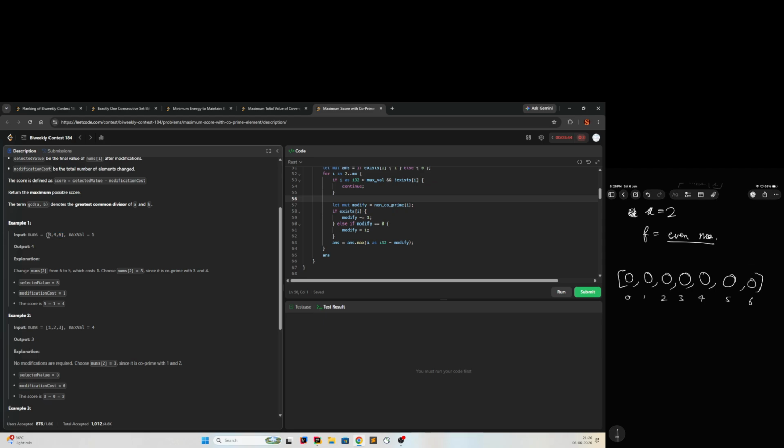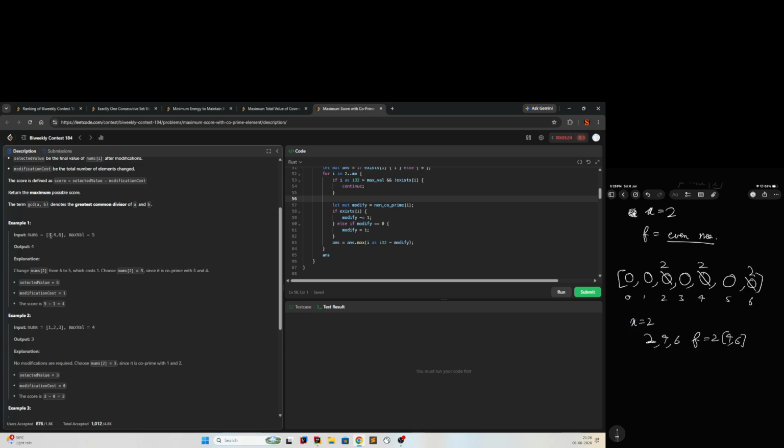Okay, so let's say for this example I start with x equal to 2. So I go 2 4 6. The frequency is going to be 2 because we have a 4 and a 6. So this will contribute to all the values. All of them will be increased by 2,